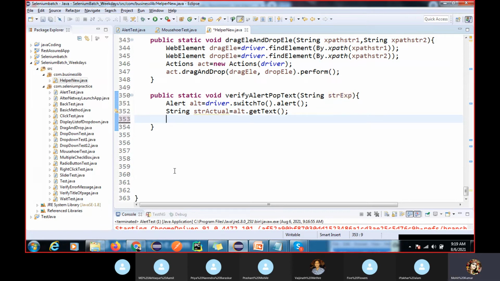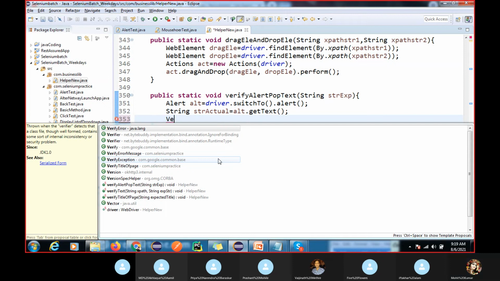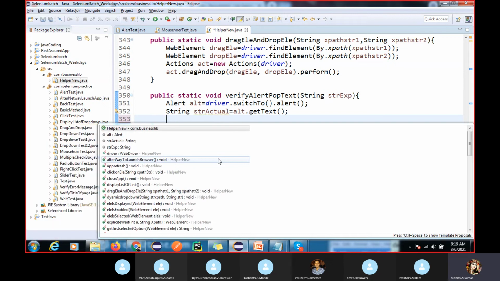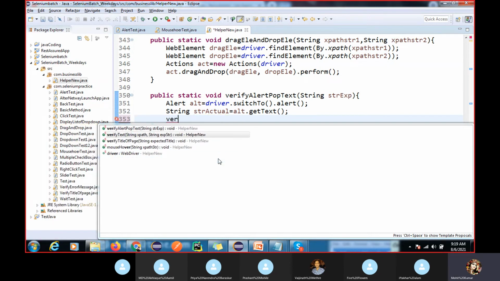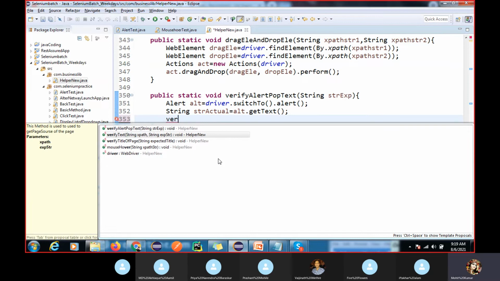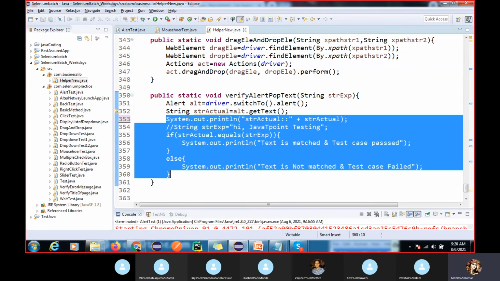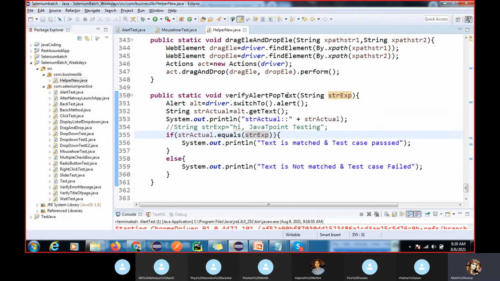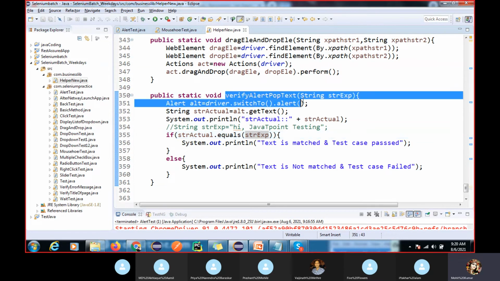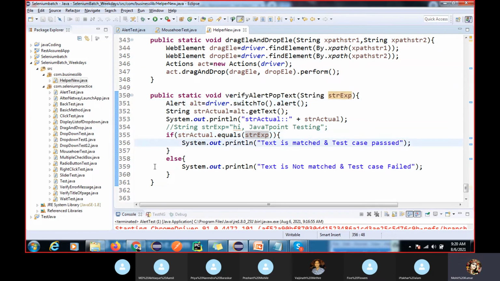What I can do here is call the verify text method. Oh, again, this method will not work here. We have to pass an XPath here. So leave it, because here there is no XPath required. This implementation is completely different from that method. Okay, so now we have done it.